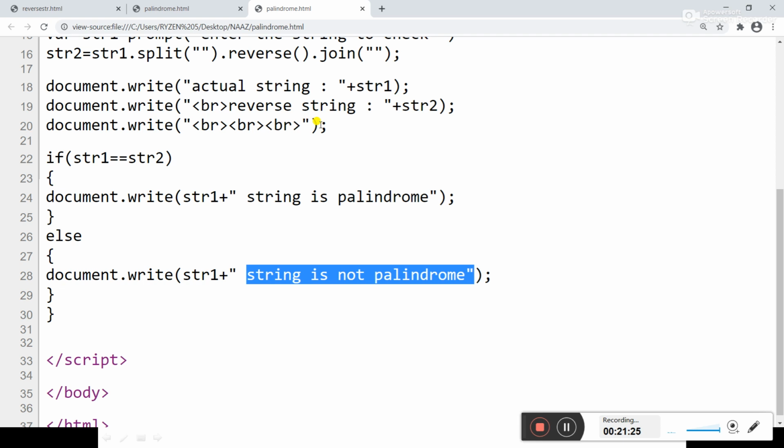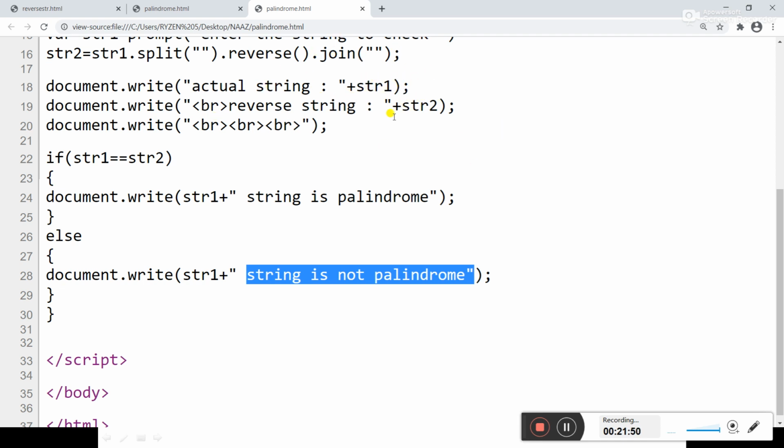Then it will join these characters together to form a string, and will save that string in str2. Then it will display the actual string as mom and the reverse string as mom again.